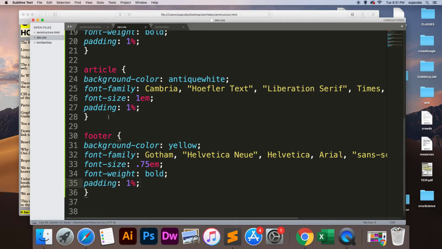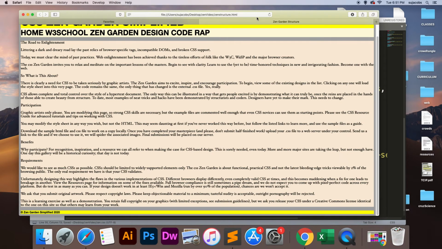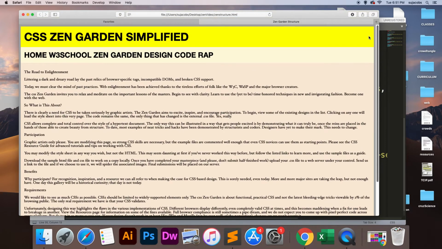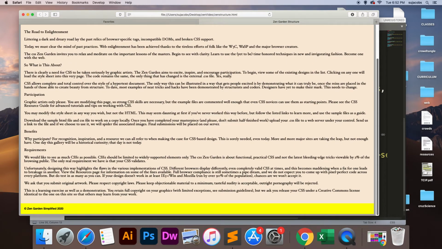Okay, so I put padding. Now I'm going to, ooh, look at that. Very nice. Now one thing I did, these are two different colors. This is antique white and this is corn silk. I probably should have chosen a different color here because there's just not enough contrast, but I'm not going to worry about it yet. But you can see how the padding of 1% brings all the boxes together and makes